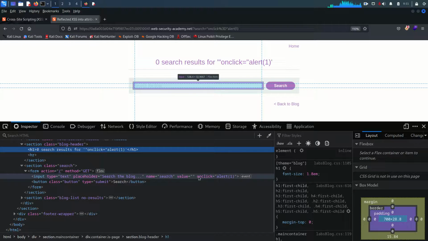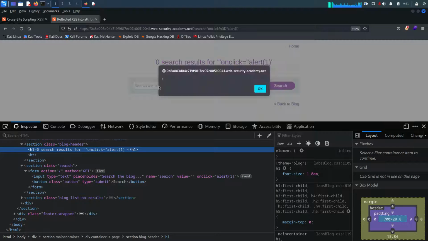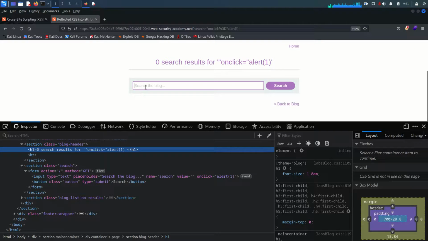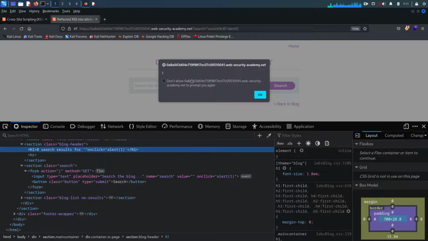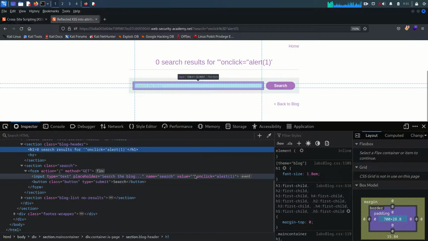So same like here, this is the parameter name and the value is in the double quotes, but this parameter we use as a function which is going to call this alert function. And because this is onclick, whenever we click on this input field, it should throw us this alert. So let's click, and wonderful, fine, that means it's working. And that way